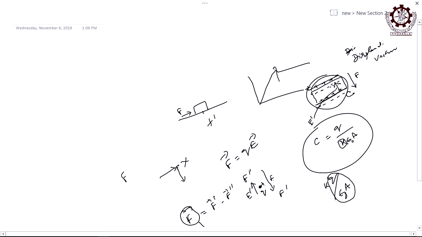If fields are not cancelled, there will be a net field, and that net field will exert its force on this charge, on every induced charge, right. On every induced charge, this field will create a force. So, is there any opposing force, so that that force will be neutralized, so that the charges cannot go? If it will neutralize, then only you can tell that the charges will be at rest on the surface, but if not,